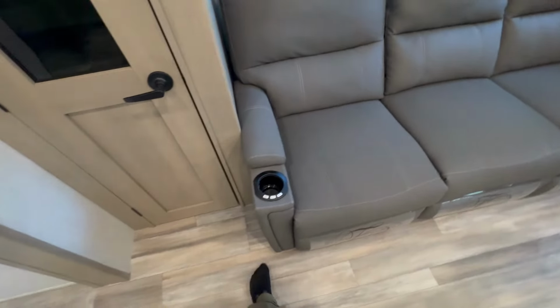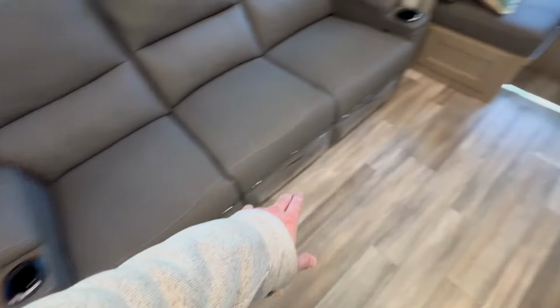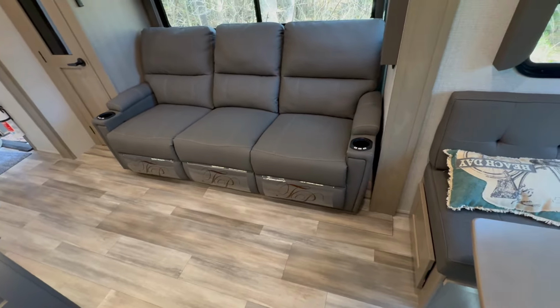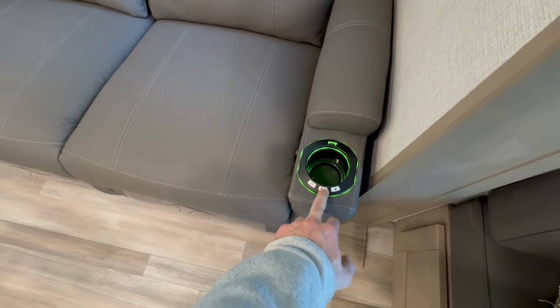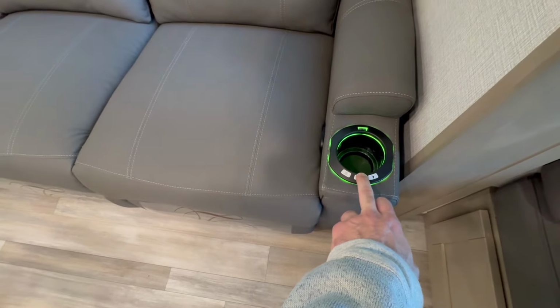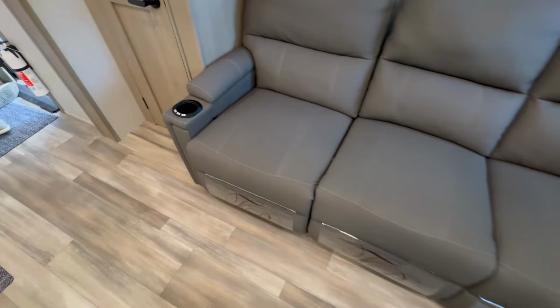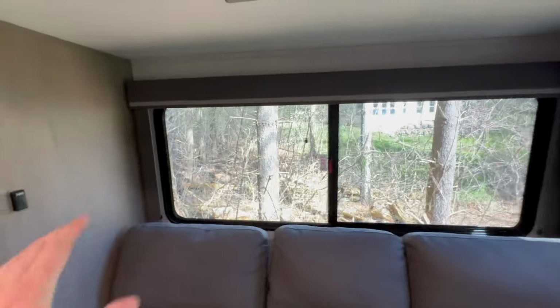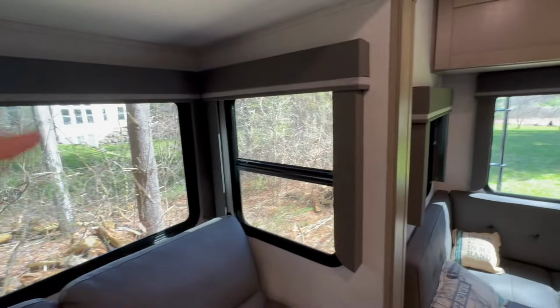I like that they got away from the carpetless slides, and this fits really nice and flush. The Thomas Payne couch in this thing is really nice. You get the heat, you get vibrating, and then you get lighting down below. Never had a problem with any of those features as well. These also come out. This gives you the really nice reclining feature on all three. Very nice. Shades, I did have to make some adjustments on the shades, but the shades are really nice and